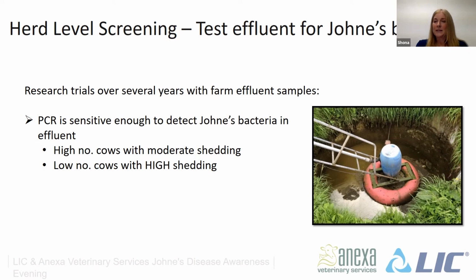What we were doing was basically getting effluent samples from farms that either had Johne's disease or didn't think they had Johne's disease. And we were using our PCR test to try and detect the bacteria in the effluent. That's, again, looking for the DNA of the bacteria and amplifying it up. What we found is that our PCR test is definitely sensitive enough to detect the bacteria in effluent. The only problem is we were struggling with the levels,